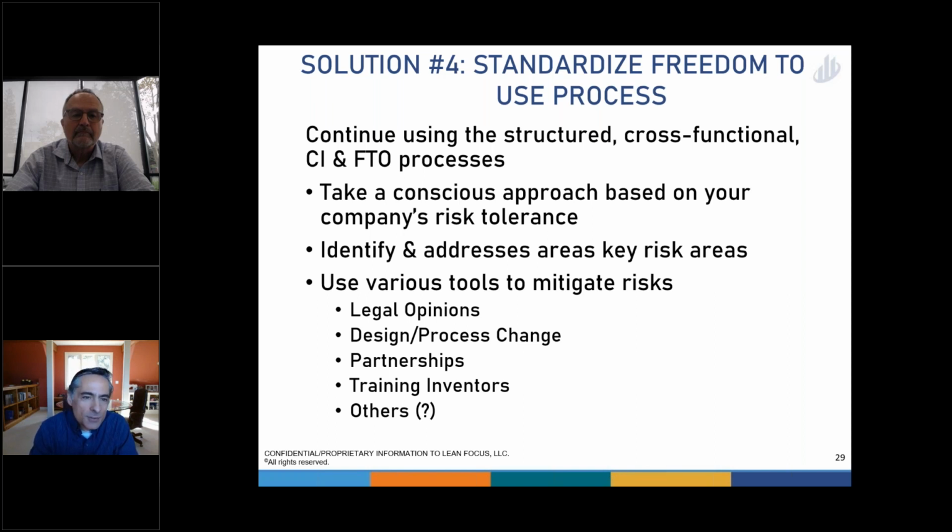use various tools to mitigate risks, legal opinions, design process changes, partnerships, and so on. Some considerations that aren't listed on the slide that you might want to think about as well: IP insurance policies are getting more prevalent. You also have the opportunity now to participate in networks such as the LOT network, or a similar network, which are communities of